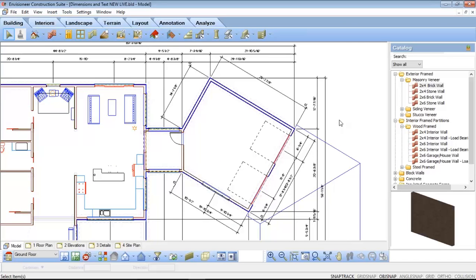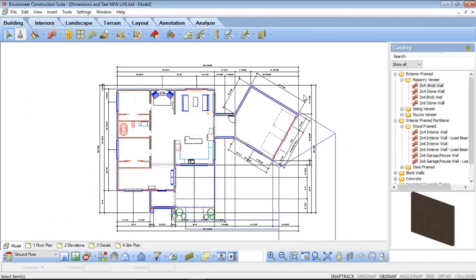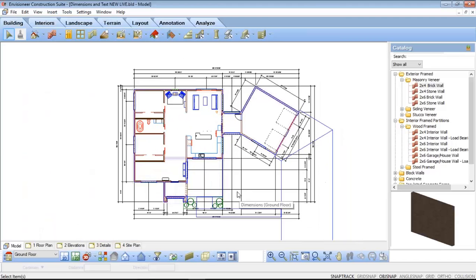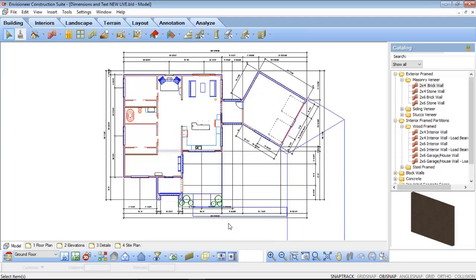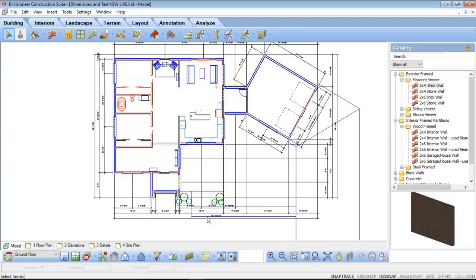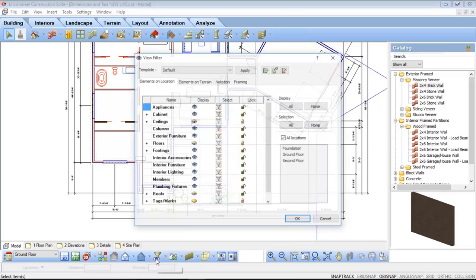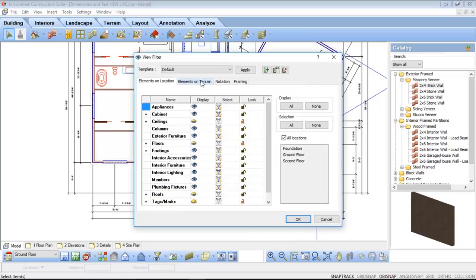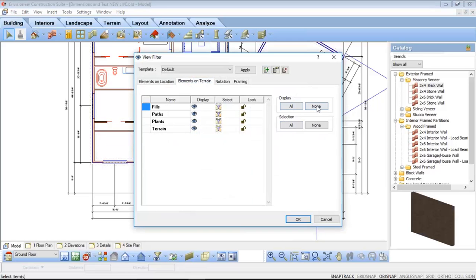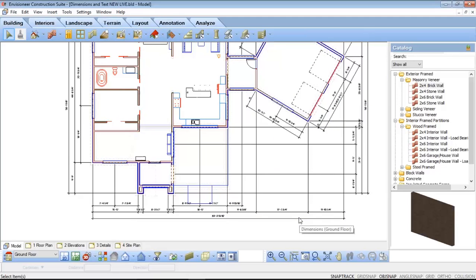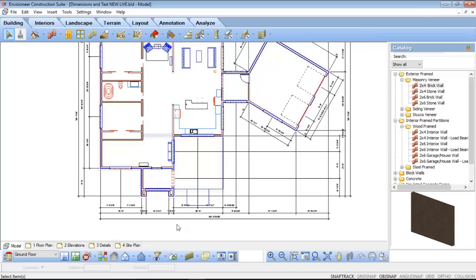So I'm pretty happy with that, though there's a couple of other things that I'm noticing, which is that this driveway and this path and these plants here, it's compromising a little bit the legibility of my dimensions. I see it's hard to read these ones down here by these plants. So maybe I'm going to come into my view filter, and I'm going to choose to go into my elements on terrain tab and turn everything off, just to make that easier to read. You can see that cleaned up a lot of that. It's much easier to read